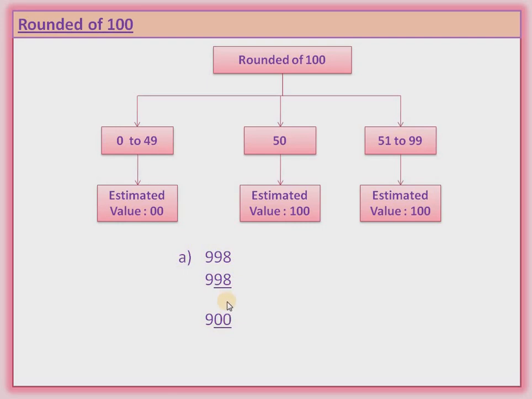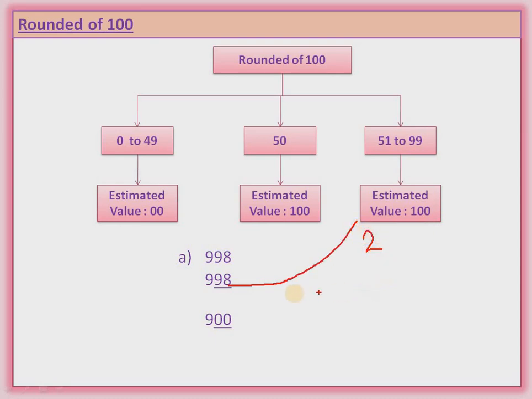In every step, we have to do this: in place of the last 2 digits where we made the line, we will write 2 zeros. So we have written 0 instead of 9, and 0 instead of 8. Okay, now check this number 98. In which category should it be? It should be in category number 2, because it is 51 to 99, and this is number 98. So this number should be categorized in category number 2.